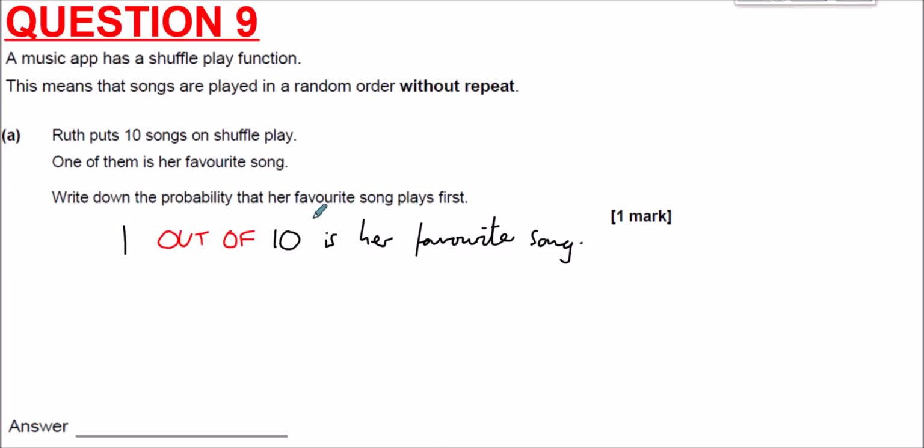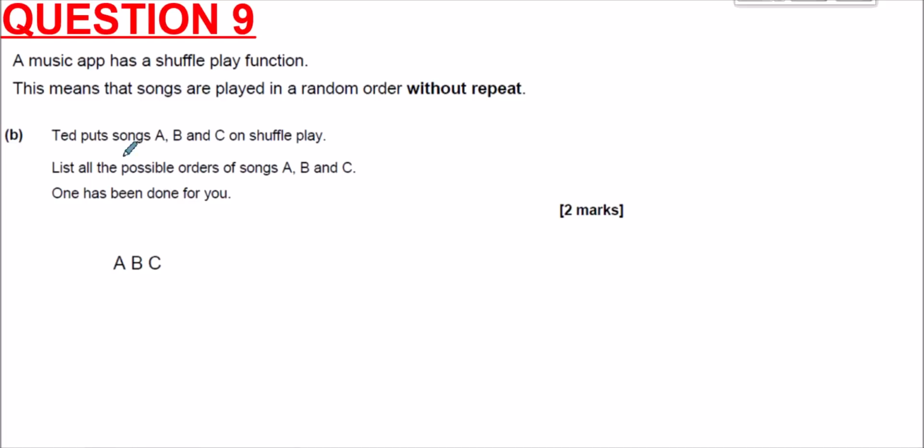So the probability that her favourite song plays first would simply be 1 out of 10, because 1 out of those 10 songs is her favourite. Part B,